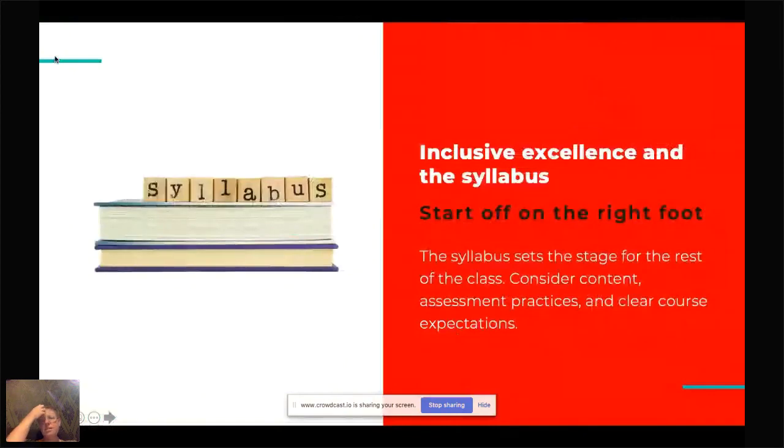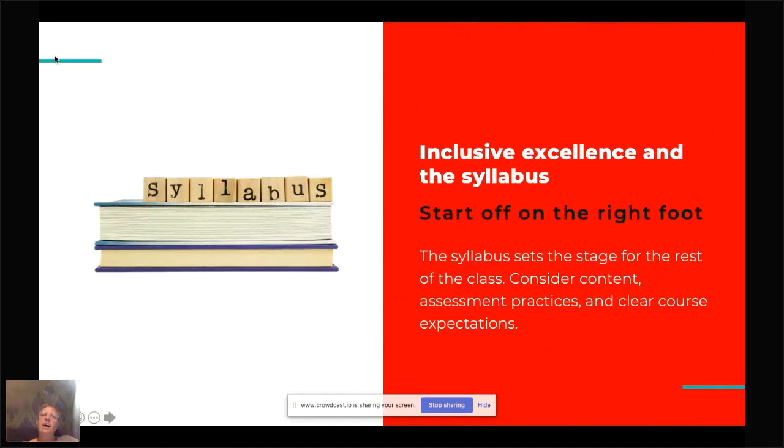All right, next I wanted to talk about the syllabus. And I know we all joke about how nobody reads the syllabus, but the thing is that they do. They just don't reread it. They don't necessarily remember things. And increasingly, at least where I teach, our syllabi are becoming books in themselves with the number of things we're required to add to the syllabus.